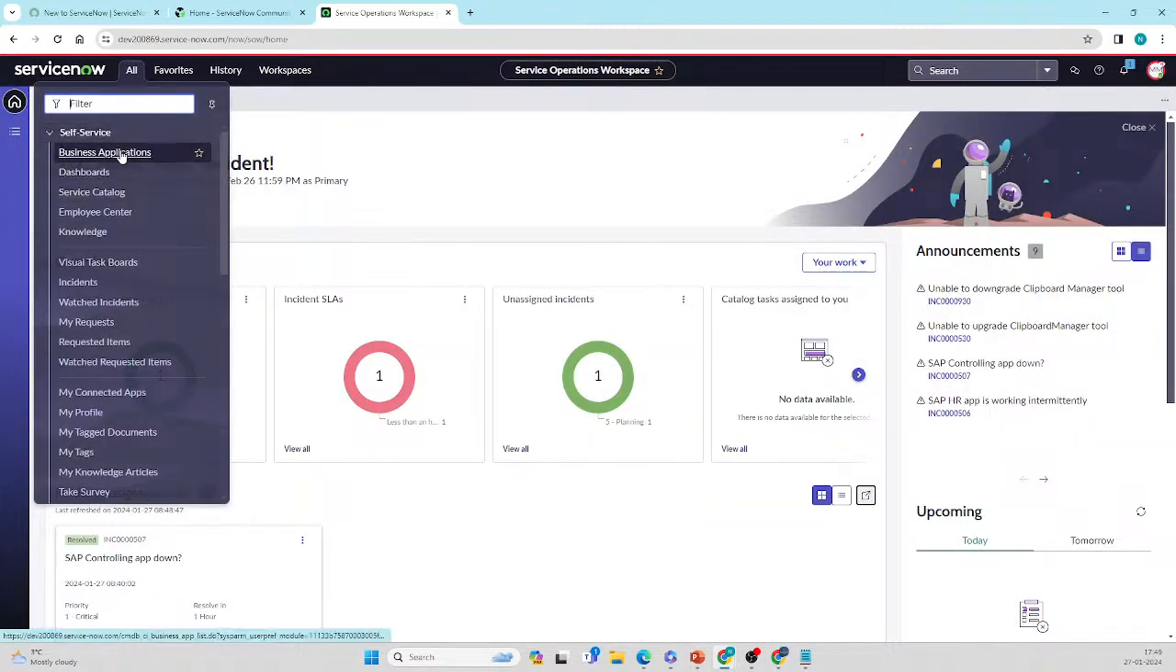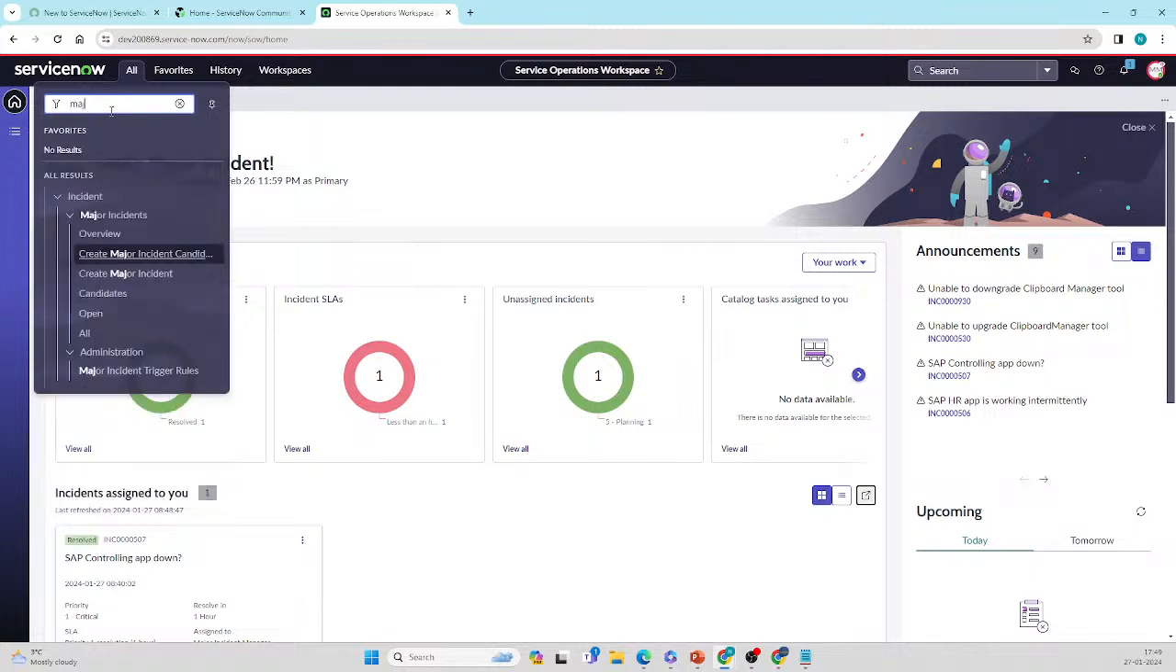So he will go to the major incident tab. Major incident. Okay, so candidates can create a major incident directly. If anyone creates major incidents, that will come under